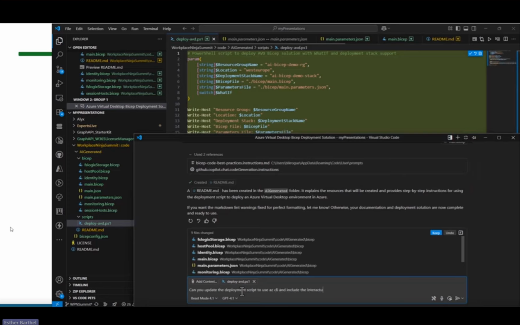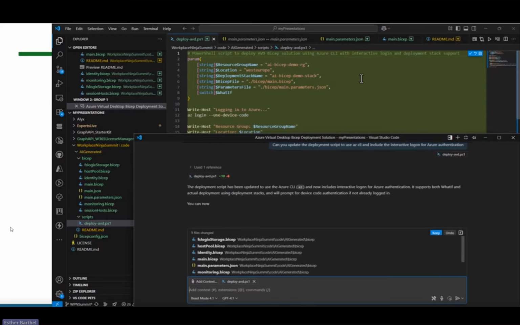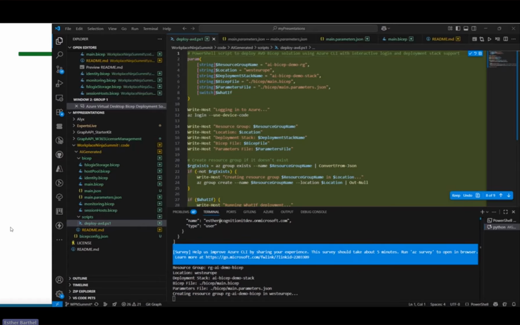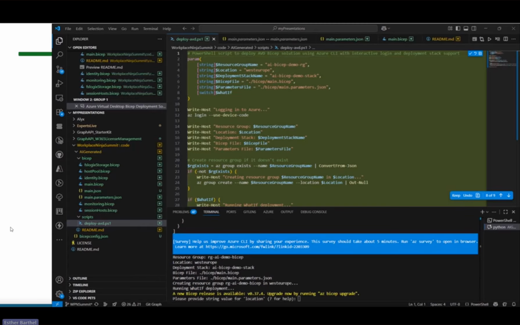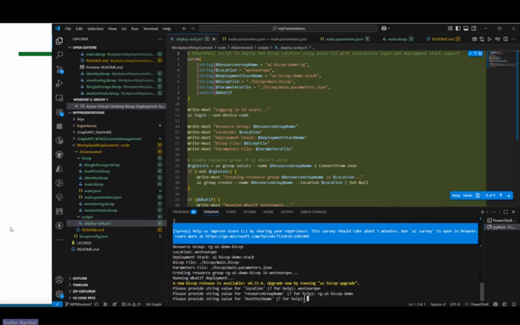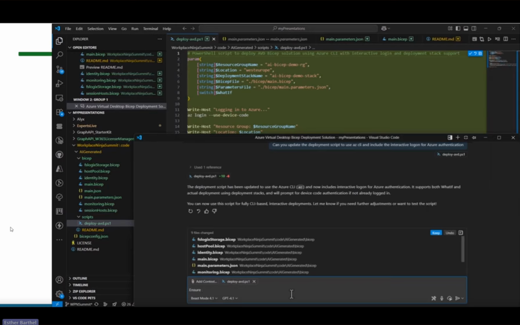So one of the other things that I decided to do was to just ask the agent, can you please fix the errors that I'm still getting? And then I was very hopeful that all the deployment scripts would be instantly fixed. And then what you see very easily, well, I have to admit that I kind of helped it a little bit, I think, because now I'm getting that annoying option where you have to specify all the different parameter input for your PowerShell script. And then I ran into some more errors.